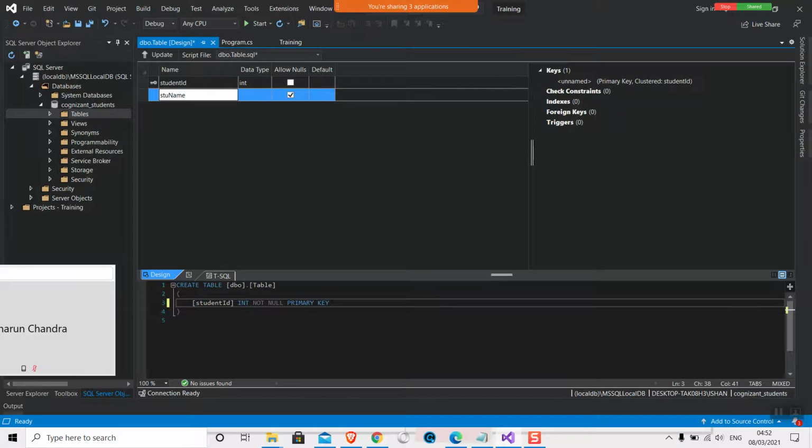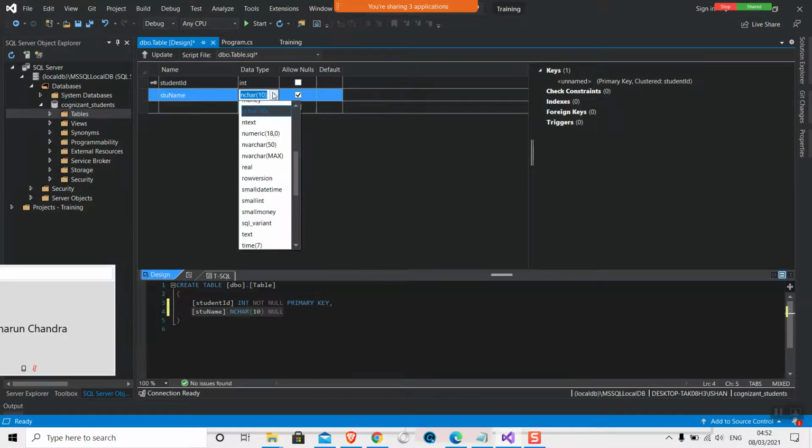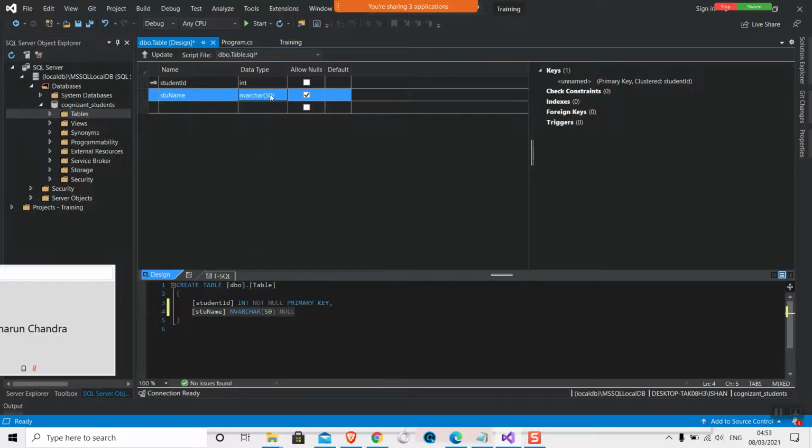So I'm going to create one more column here. There are so many data types available in SQL Server. I'm sure you will explore this whenever you are reading on Udemy, what they are and their use. But usually whenever we are looking to store any kind of string data or common data, we prefer nvarchar, with some kind of limitation.